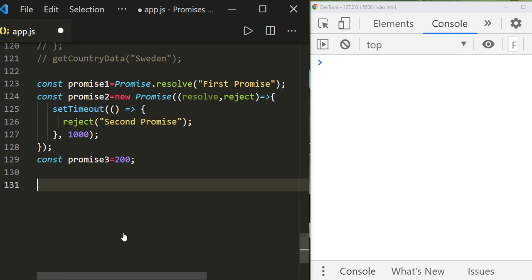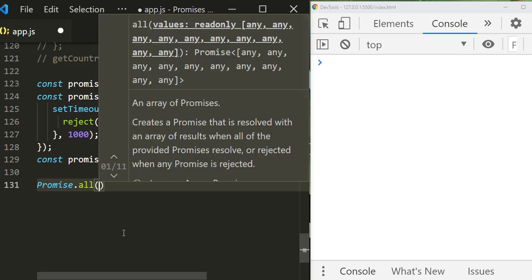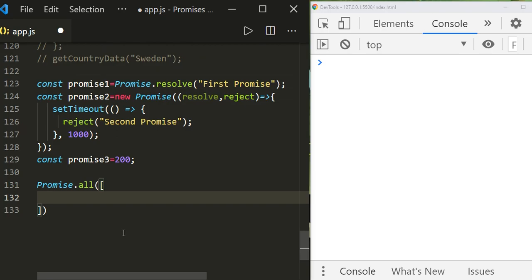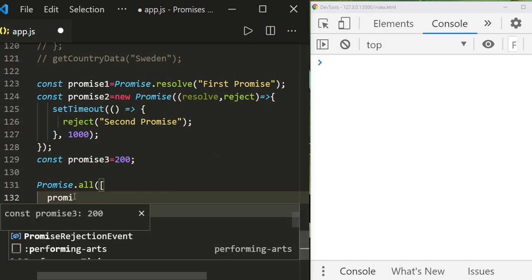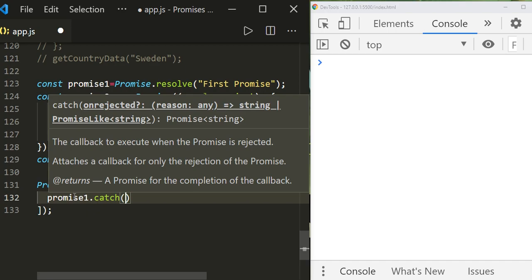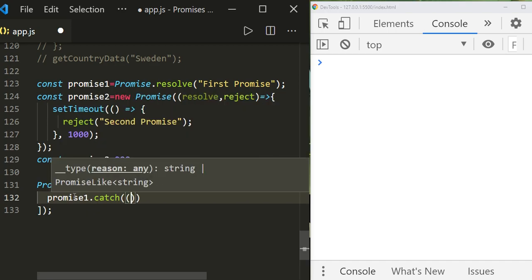Now here what I do, I just type promise.all and it takes the array of promises. So here instead of just passing promise 1, promise 2, promise 3, I am going to add the catch handler for each of the promises. Promise 1 dot catch, and we know that catch will take the error object.